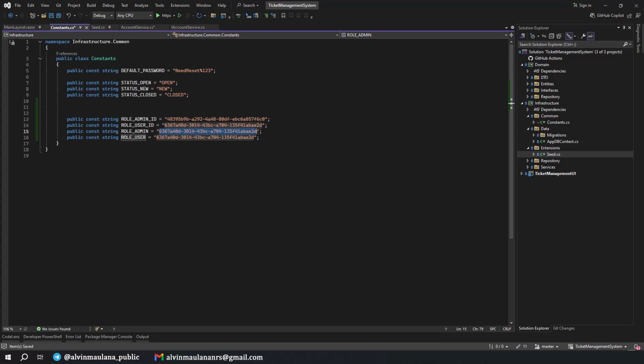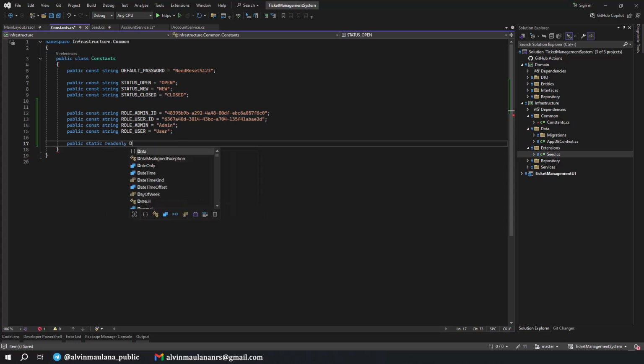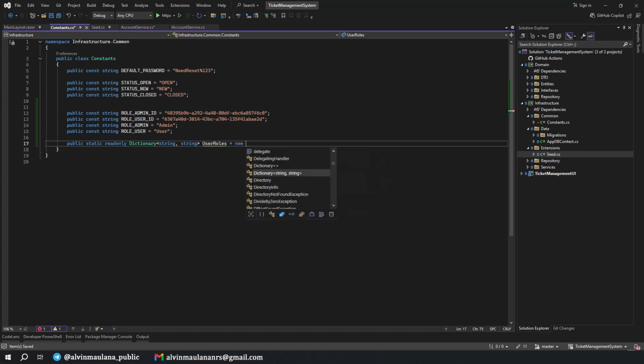This one is the name, and user. So we only have these two roles in our application. In case in future you want to add your own role, make sure you also add the role constant in here, because we also do mapping of our roles in here. We're using a static dictionary: public static readonly dictionary of string, user roles, and new dictionary.